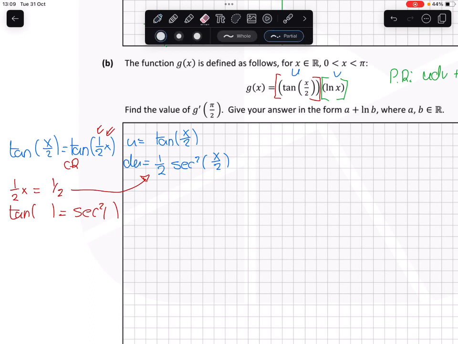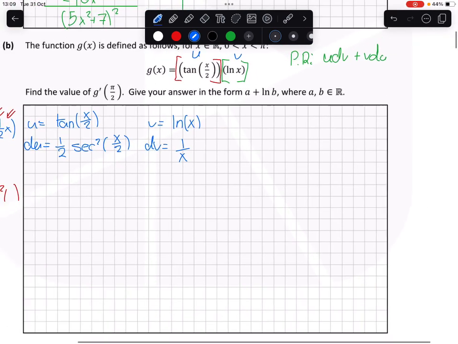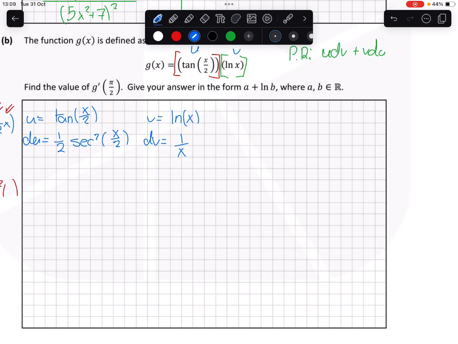If we continue doing this, we're going to have v is equal to the natural log of x, and the derivative of the natural log of x is 1 over x. So now we can use the product rule. So u is tan of x over 2, and that gets multiplied by dv, which is 1 over x, and then we add v, which is the natural log of x, multiplied by du, which is half sec squared